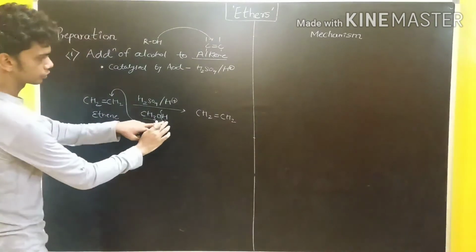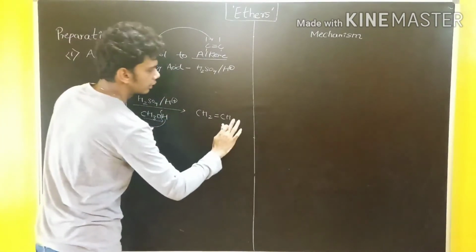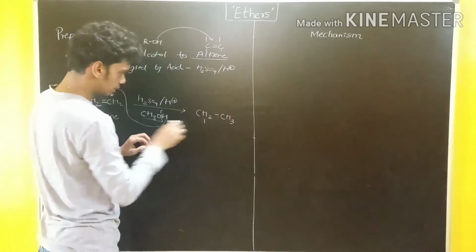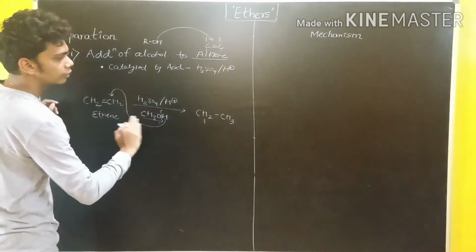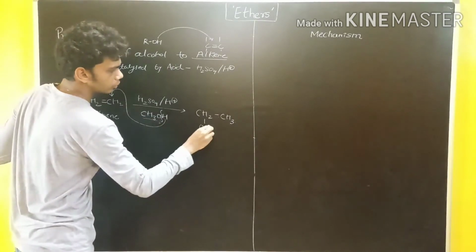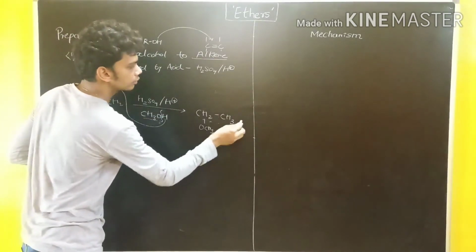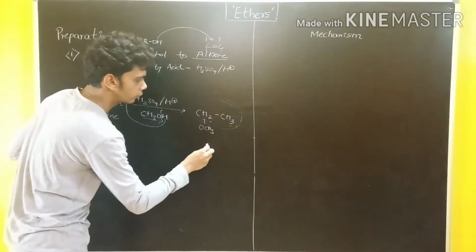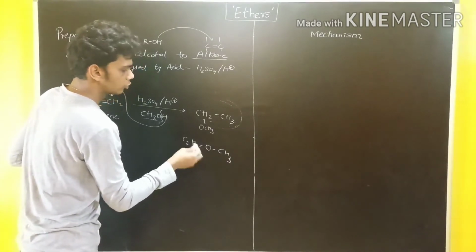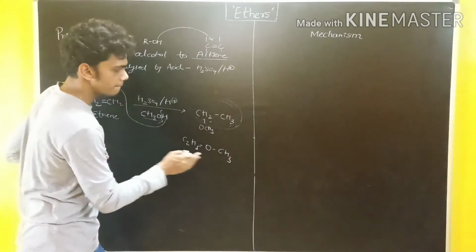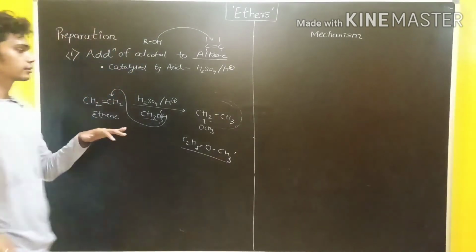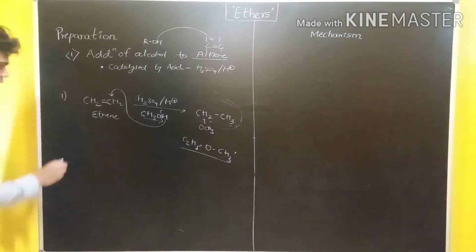So let's study here CH2=CH2, the first compound. What is going to happen? This hydrogen gets shifted to this carbon, this bond breaks, and it becomes CH3. The alcohol splits into two parts: one part is hydrogen, which is attached here, and the second part, OCH3, attaches here. In a simple manner we can write this as C2H5. So in the product, one side is CH3 and one side is C2H5, and we get the ether. What is the name of this ether? Ethyl methyl ether. This is the product, and this is the first example.